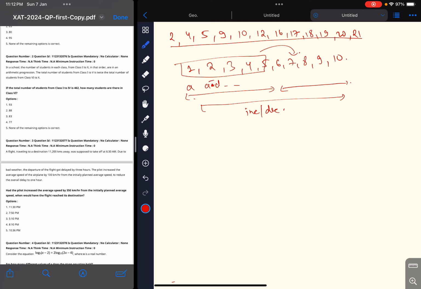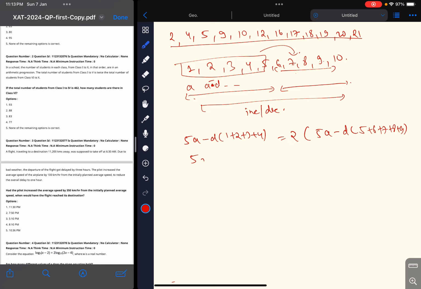Now from 1 to 5, how many total? 5A minus D times 1, 2, 3 and 4, is twice all these. All these means 5A minus D common, and here we'll get 5, 6, 7, 8, 9. So 5 plus 6 plus 7 plus 8 plus 9. Hope you are getting this.